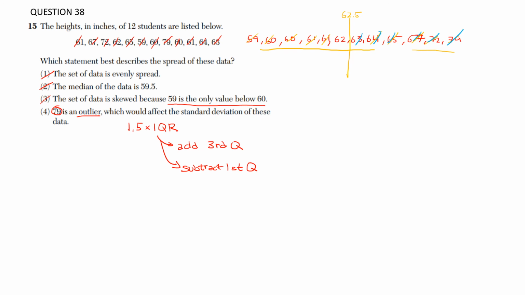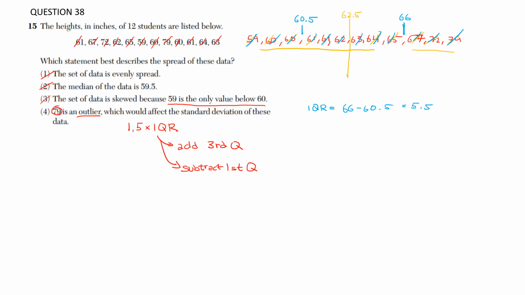You know, the third quartile is in between 65 and 67, which is 66. We can do the same here. We know that it's in between 60 and 61, which gives us 60.5, right? And so the interquartile range is just the difference between the third and the first quartile. So IQR equals 66 minus 60.5. And that gives us 5.5,